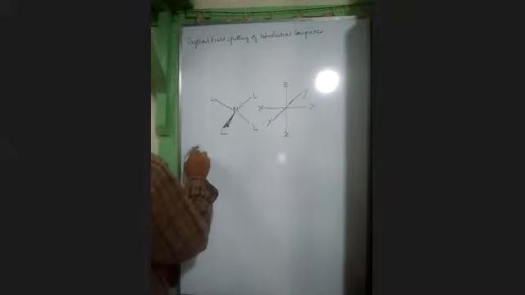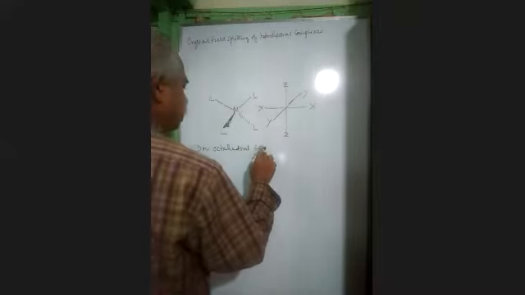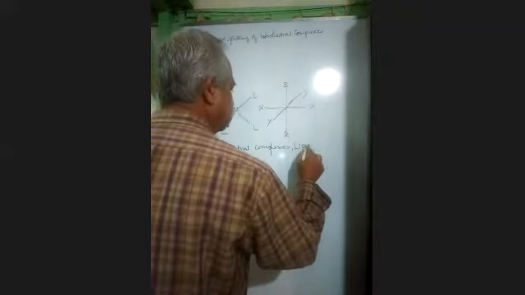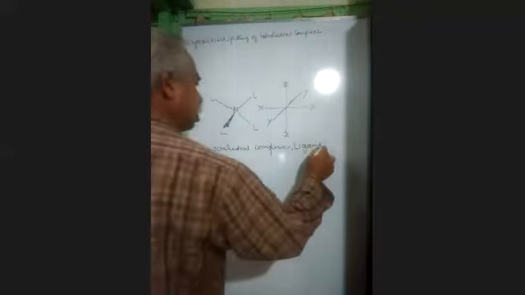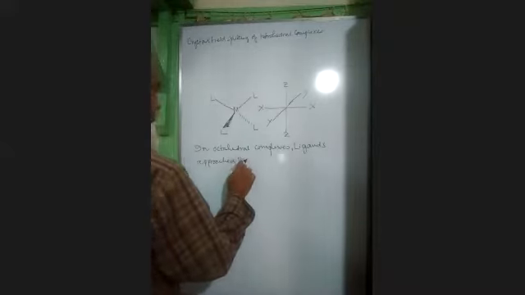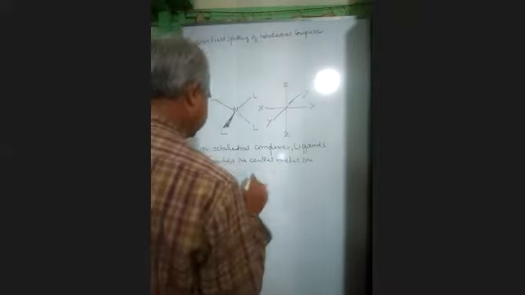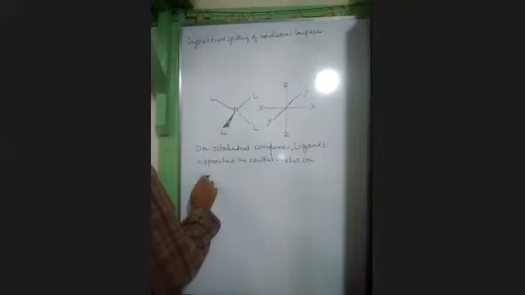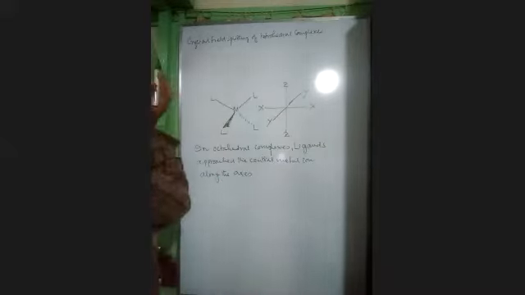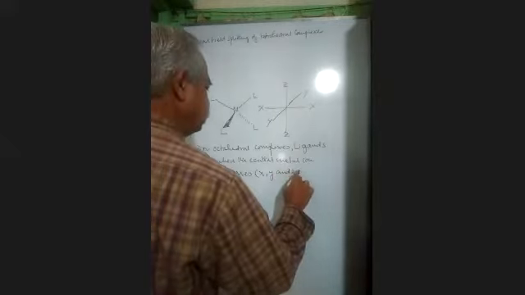In that case, in octahedral complexes, the ligand approached the central metal ion along the axis. It is the X, Y, and Z axis,